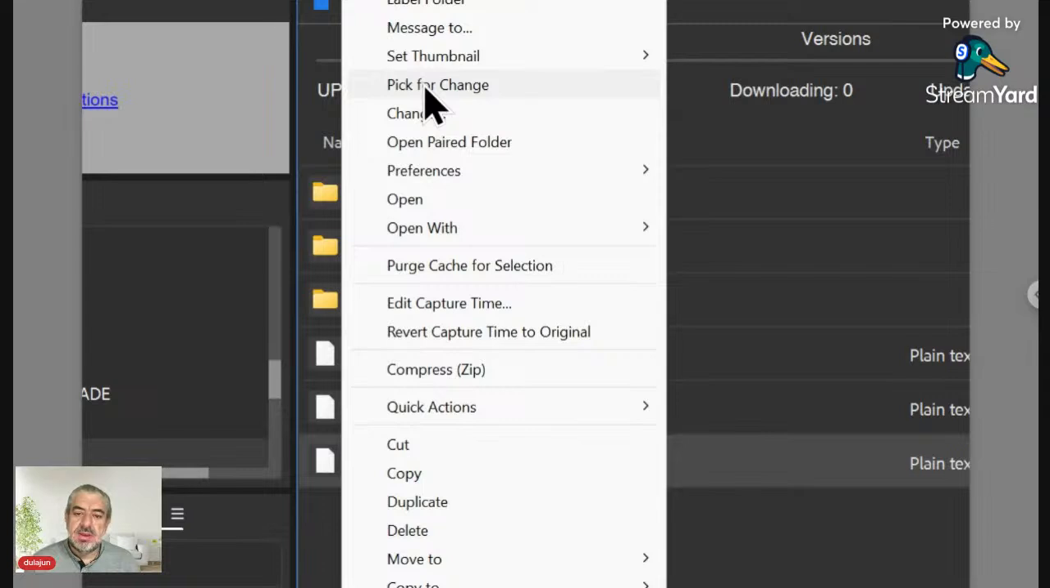sequence, because unfortunately in Adobe Bridge there is no event for copying and cutting files, so I was forced to fabricate the command pick for change,